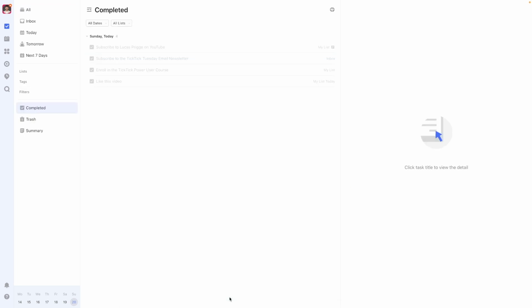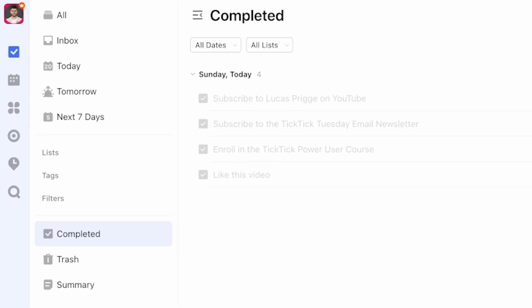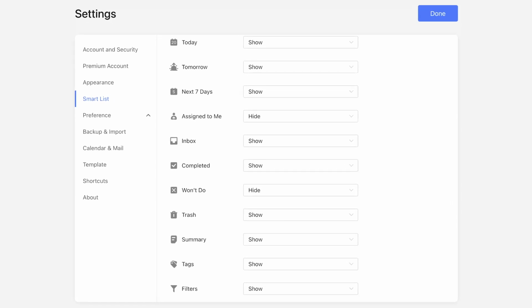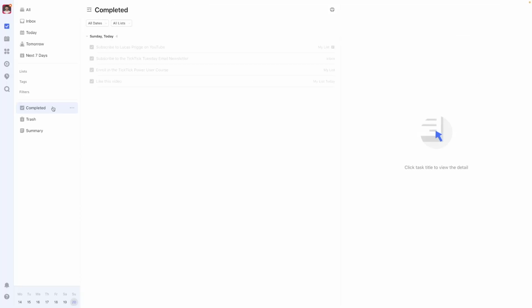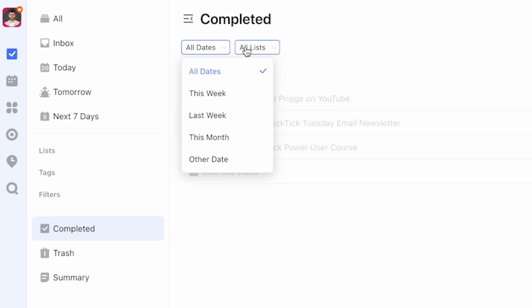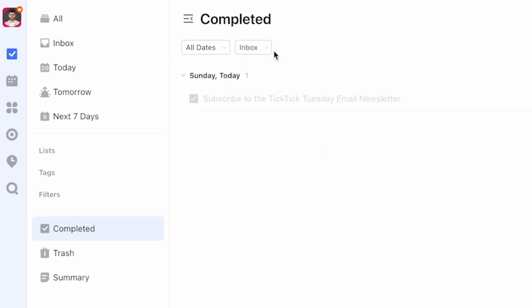Moving on to what most of you are probably thinking of when it comes to reviewing completed tasks, TickTick has a completed view. This is a pre-created smart list, similar to the today, tomorrow, or next 7 days lists at the top, which you can activate in the settings under Smart List. This view essentially just creates a list of all tasks you've marked complete and retains their date associations and original